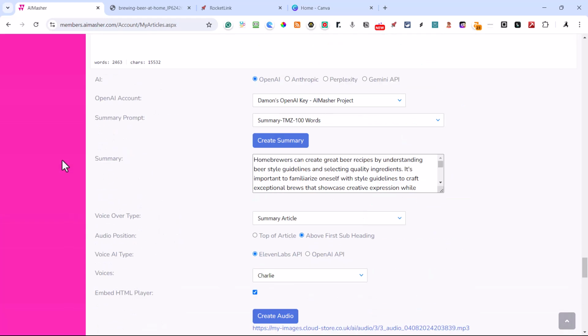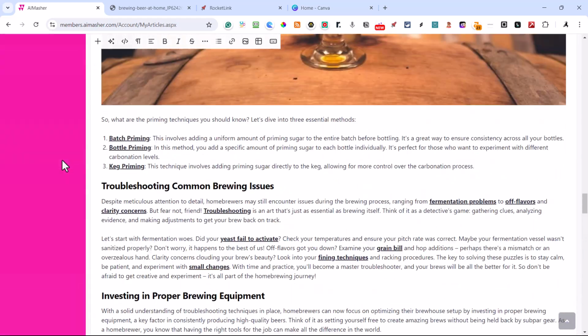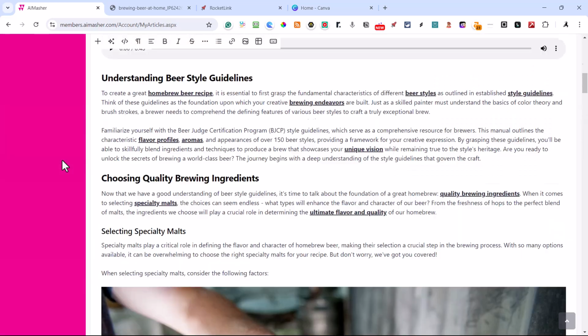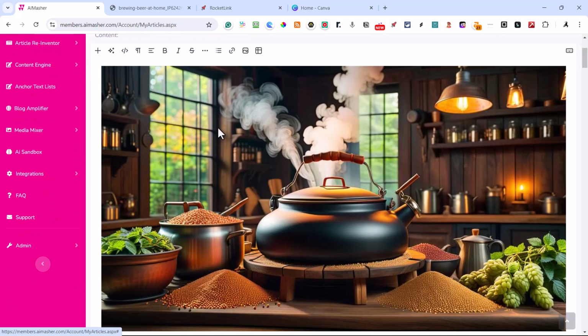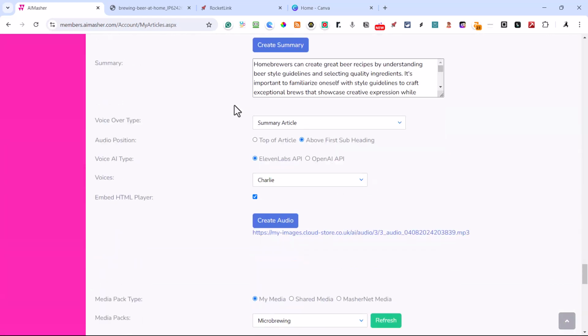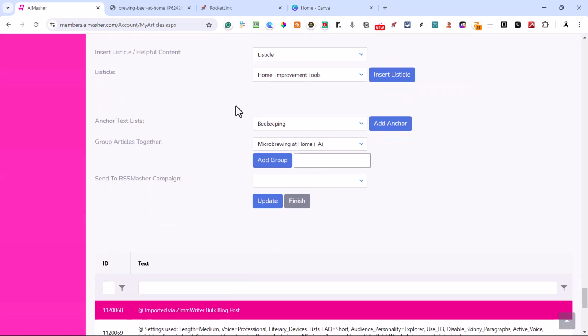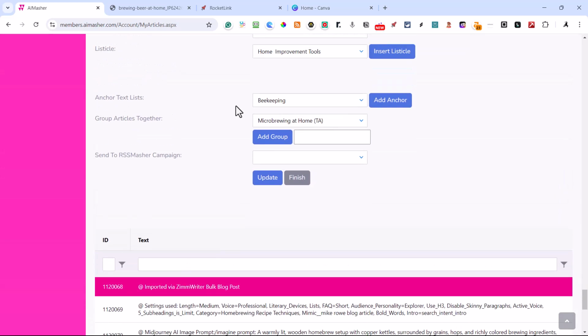You would build it inside of your templates over here. I'll just show you real quick. It will go into anchor text links. So we have a tab here so you can build your anchor text links in there. And it would replace based on, do you want 1 or 2 replacements per article? Okay. So once you're done, you're ready to hit update and finish. Be sure to do this. If you make any changes at all, do this.